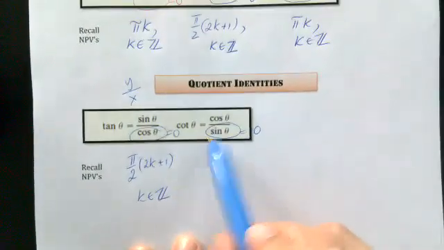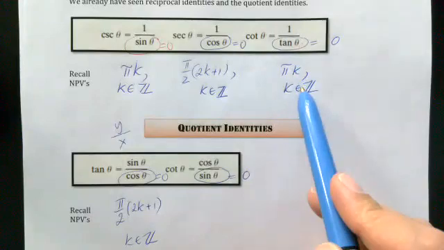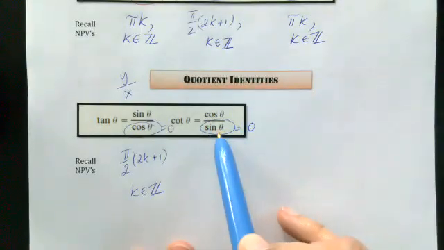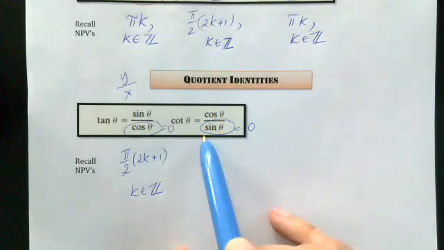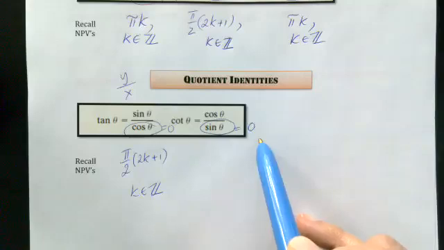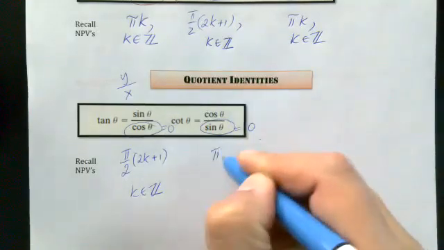And for cotangents, we already discussed it over here. We already know it's pi k, but now you can see it's probably a little bit easier when you see it as a quotient identity, because you have sine of theta equals 0. So it's easier to identify where sine is equal to 0. Oh, it's at 0 and pi and 2 pi and 3 pi and so forth. So pi k